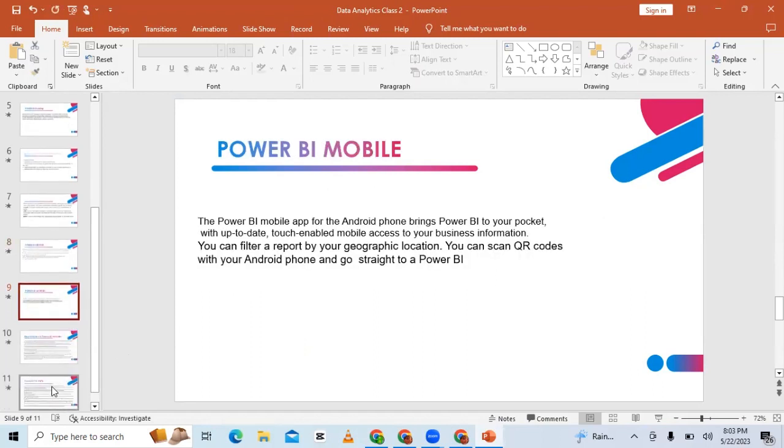So Power BI Mobile, as I said before, is basically used for viewing the data on your mobile, so on your phone. Viewing your data is going to be in your Power BI service area, but you can view it on your phone too. The Power BI mobile app for Android phones brings Power BI to your pocket with